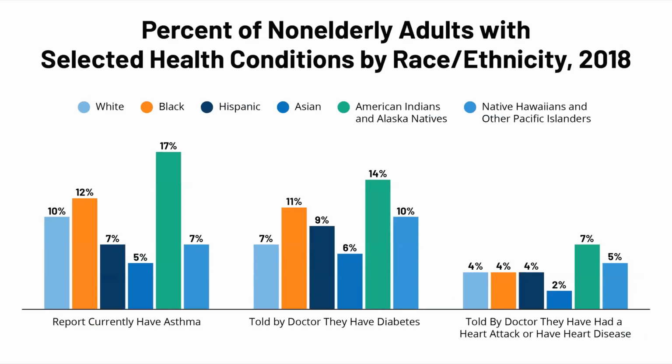So this is the percent of non-elderly adults with selected health conditions by race in 2018. As you can see, American Indians and Alaska Natives are highest, right? And then you can see that Black adults are next, right? And so you are seeing that people of color have selected health conditions, have health disparities. This is real. And to go back to my last slide, they're excluded from clinical trials, they're excluded from our algorithms. If they're excluded from the biobanks, how are we then meeting what they need and where they're at? We are once again failing communities of color.